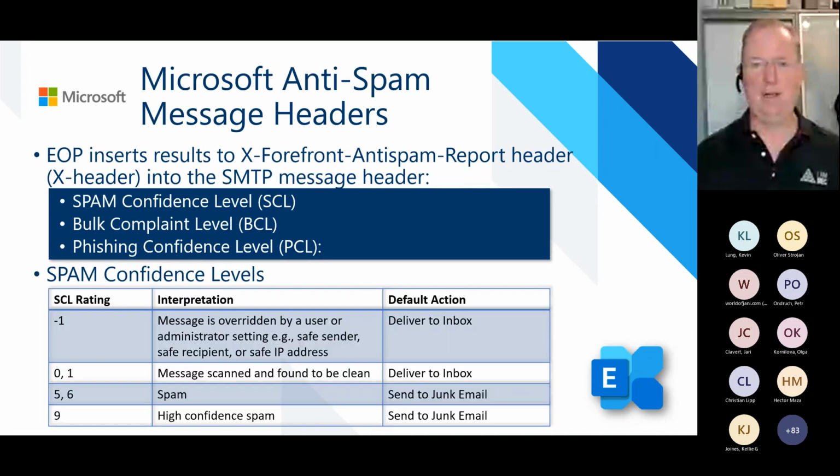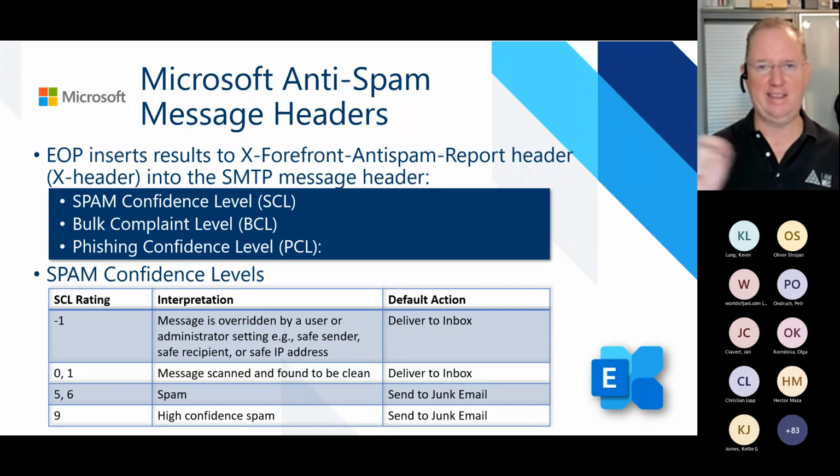Okay, let's talk a little bit about anti-spam message headers in an SMTP email. By default, EOP, Exchange Online Protection/MDO, however you call that, will insert the results of the scanning into the X-Forefront-Antispam-Report header. Internally called the X header. Yeah, that's easier. Here you will see certain areas that I will show you in a demo in a minute, that for example include the spam confidence level, the SCL, bulk complaint level, the BCL, and the phishing